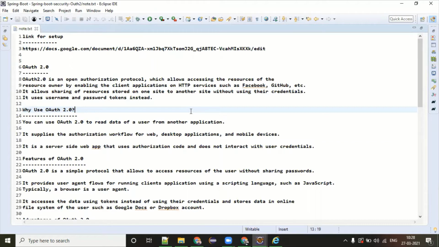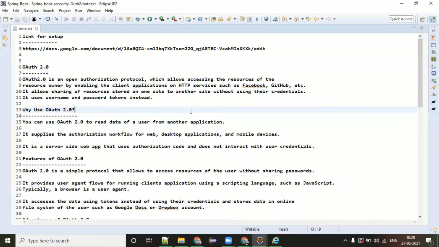Whatever website you open, they are giving you the option to log in with Google, Facebook, GitHub, whatever it is. So how this works in Spring Boot is very interesting, so you need to look into that.